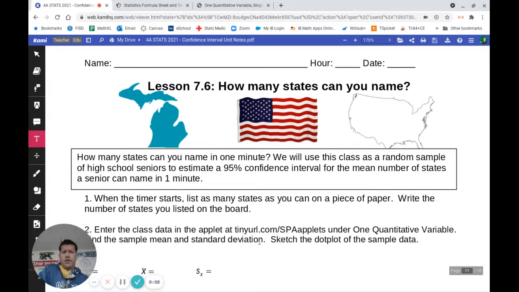Final lesson of our confidence interval unit, 7.6. How many states can you name? How many states can you name in a minute? So I had all of my